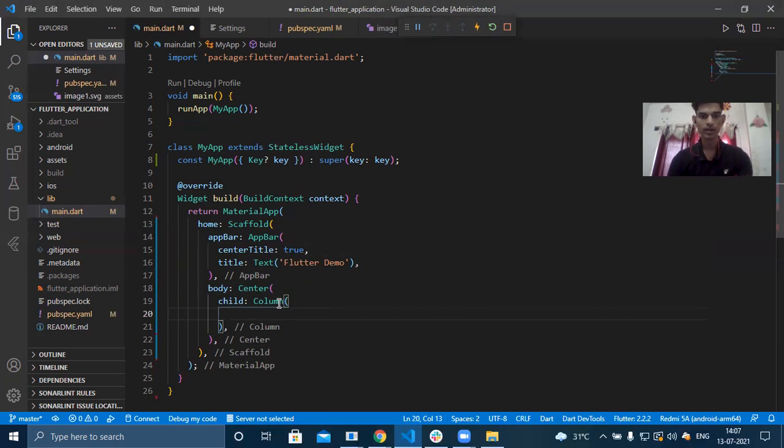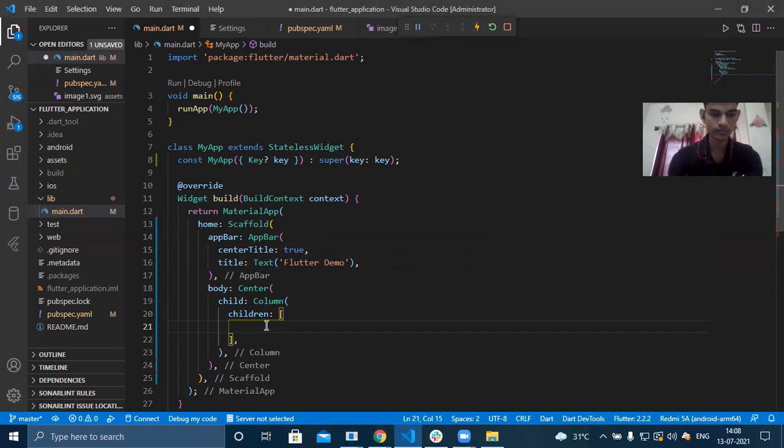Inside the column it takes a list of children. So I'm going to take it, and inside these children you can use anything, like you can take container, you can take text, or you can take another column, or you can take row inside this children attribute.